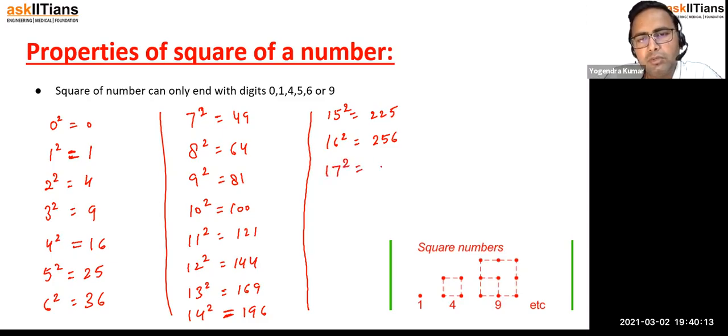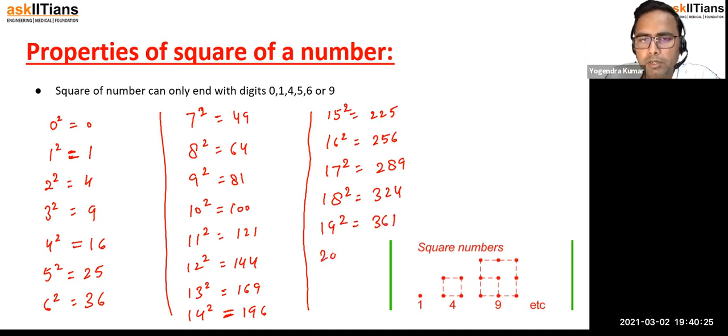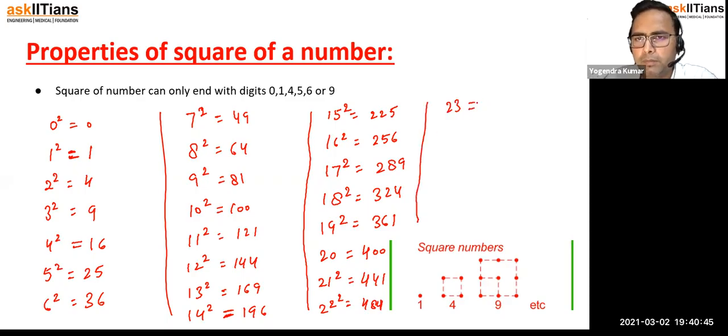Okay, 17 square will be 289. 18 square will be 324. 19 square will be 361. 20 square will be 400. 21 square will be 441. 22 square will be 484, right? Okay, 23 square. Few more, that's all. We are done. 23 square will be 529. 24 square will be